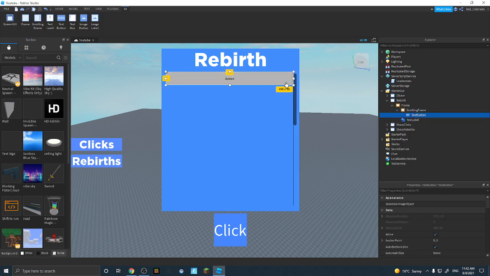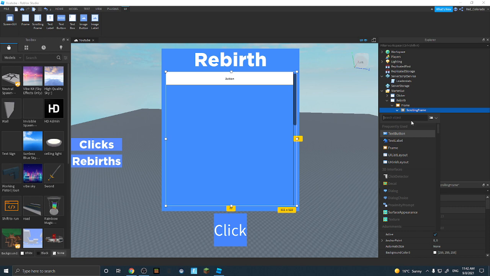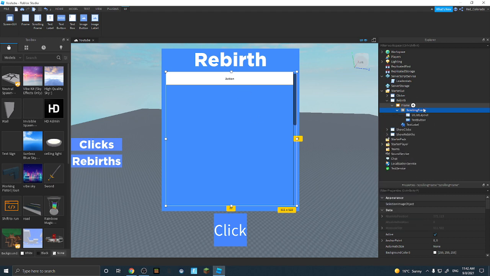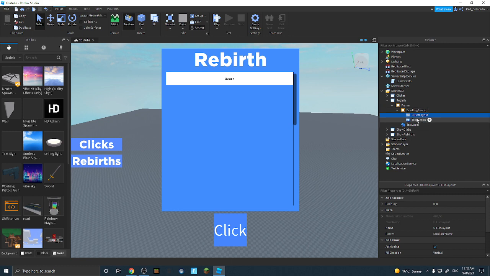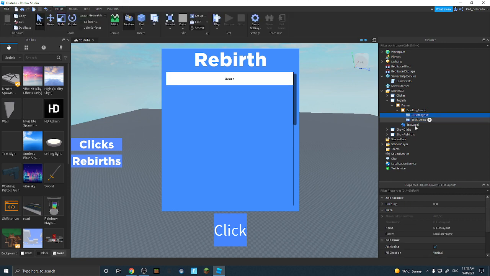Scale the buttons to there. If they can't leave that wall, so then if you duplicate, forgot, you've got to add a padding, I think it's called. Okay, what do I have to add to this to make it work? UI list layout, done. Okay, so now if you duplicate the button, it'll go down. Now we want to make the padding like 1. So then if we duplicate it,